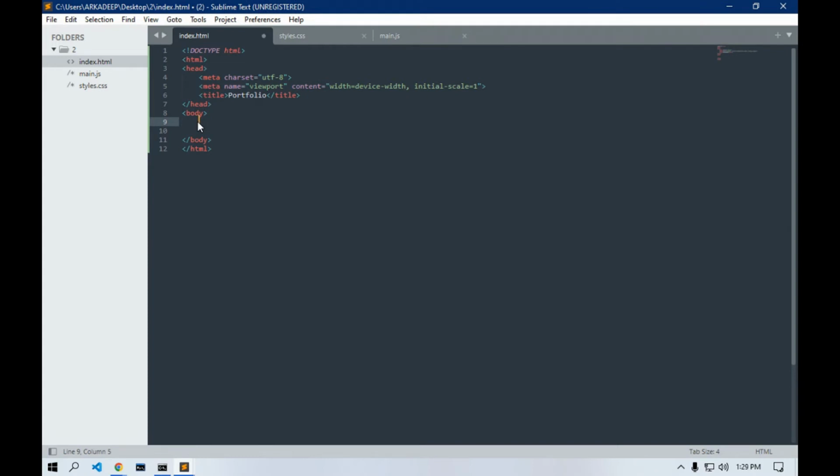Okay, so the class name we give to any div, section, h1, span, p, or any kind of tag should be meaningful, so that if the code gets longer, it becomes easier for us to find out in which class we have kept which kind of container or element, and we don't have to go inspect it again and again to find out the name of the class. So with that, let's start with the section,